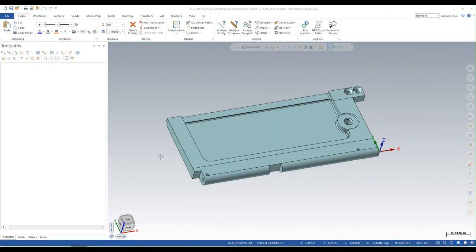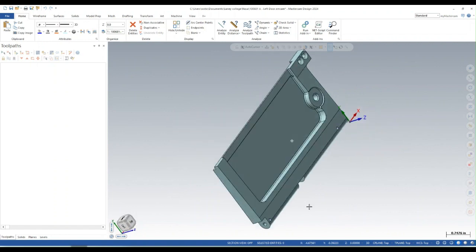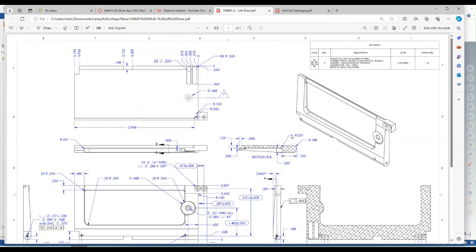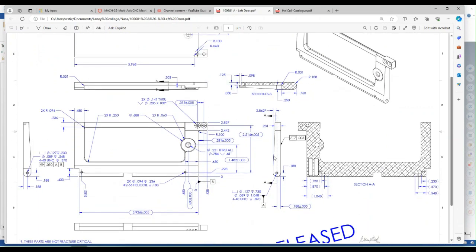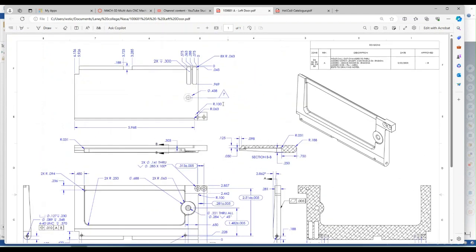Okay, welcome. This is the video for programming our first NASA hunch door. This will be the left door. So hopefully you've taken some time to take a look at the model a little bit and the drawing. Alright, so you should have downloaded those files from Canvas,